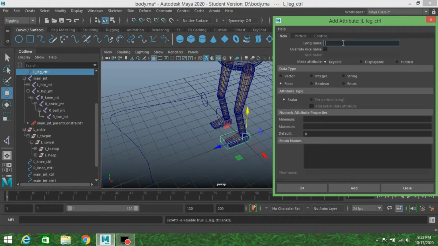The second one is toe pin, third one is swivel, toe tap, and the last one is